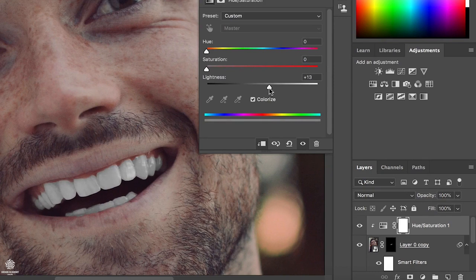So if you increase that one, you're going for unreal results, so you need to be careful using that one. And also it's not really normal to have very white teeth like that, so I'm gonna keep it at maybe +1 or 2. Now we need to be adjusting our mask a bit, as we created that one with